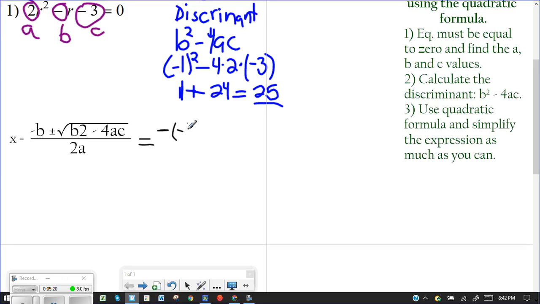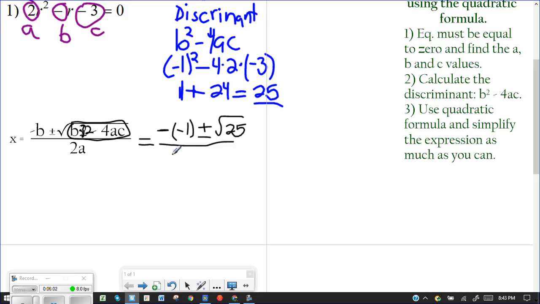Very, very important: you cannot say, well, there's a negative in there, so I don't need the other negative. The first negative is from the formula. The second negative is from the number. So minus -1, then plus or minus. I did all this work already. And I'm sorry, that should be b squared minus 4ac. This is the same as over here. When I copied it, I didn't copy it right. So b squared minus 4ac is the square root of 25, because my discriminant is 25, divided by